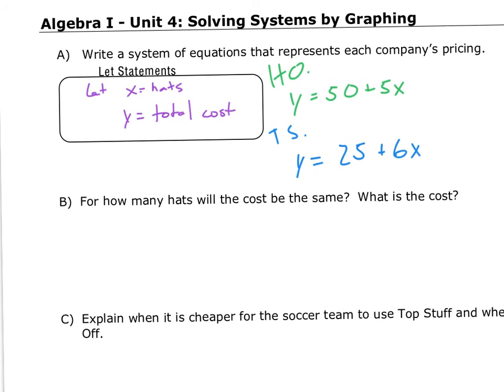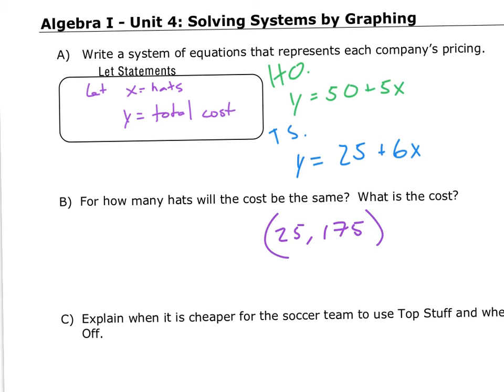What is the cost? Well, we're looking for a solution here for where the cost is the same. So go ahead and pause and graph both of these equations on your calculator. Y equals 50 plus 5x and 25 plus 6x. If you do your zoom fit, it might not show the whole graph, so you might have to do zoom fit first and then zoom out. So after you get that and you do your second trace intersect, it tells you that the solution to both of our equations ends up being 25,